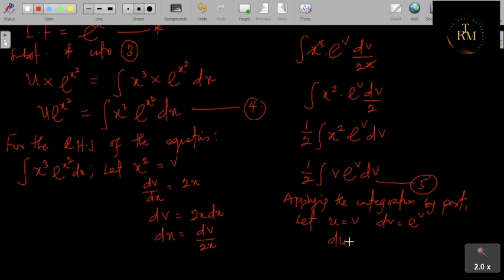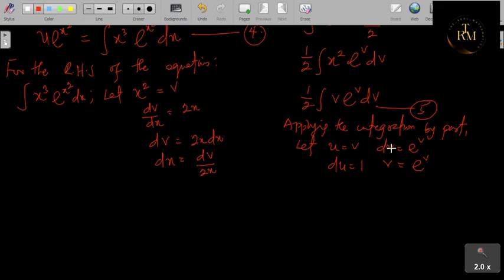My du here is going to be 1, that's du over dv, and my v here is going to be still exponential v. So I'm going to put that now into equation 5, inside the integral sign. So I have a 1 over 2 integral of